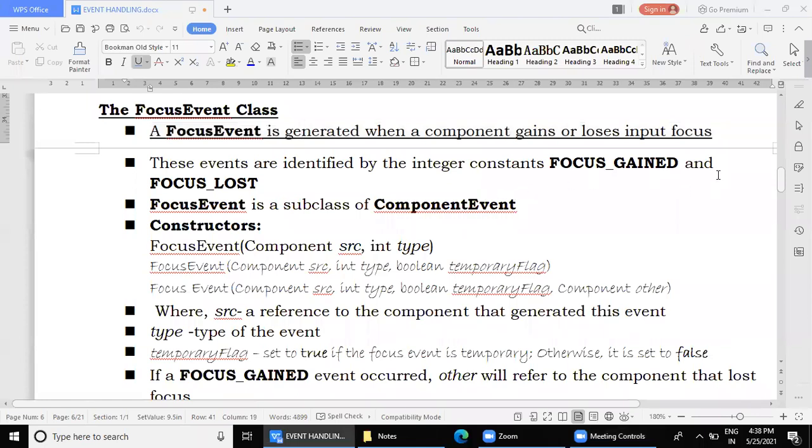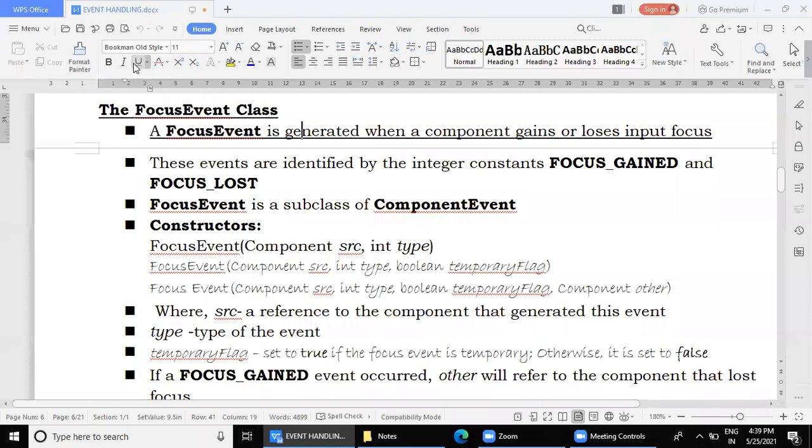The moment I take my cursor outside this particular document area to the toolbar, the window focus may be lost. Or suppose I click one option and then click another option: the first option's focus will be lost and the new option's focus will be gained.